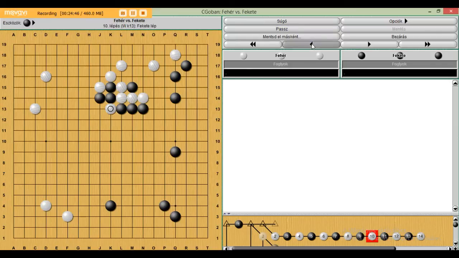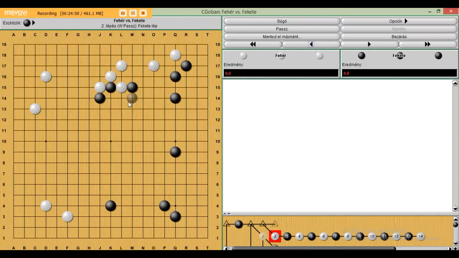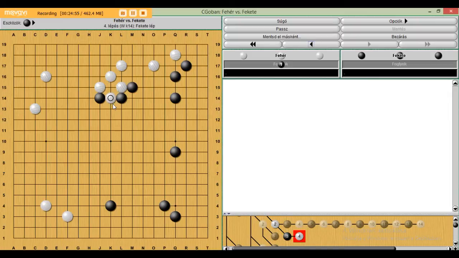So instead of that, we would like to just sacrifice the one stone here, because like this, if white takes, now white can consider to fight a ko here, for example like this, but that ko is not really a good way. Of course white can squeeze here,